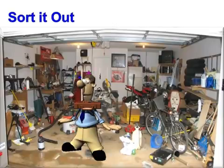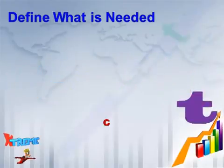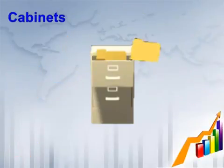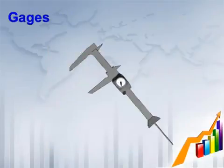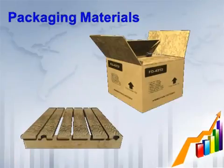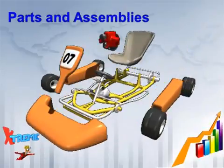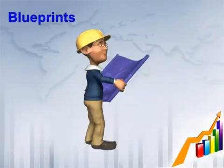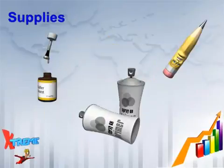and the consequences involved. In order to clear the clutter from your area, you have to define what is needed in the immediate area. To do this, consider the following items: cabinets that can hide outdated material and unneeded items, paperwork that is not required for current production, gauges that are not going to be used right away, machines and equipment that may be obsolete, packaging materials that do not belong in the area, parts and assemblies that are gathering dust, blueprints that are outdated or not required, shelving that can gather items we no longer use, extra supplies that